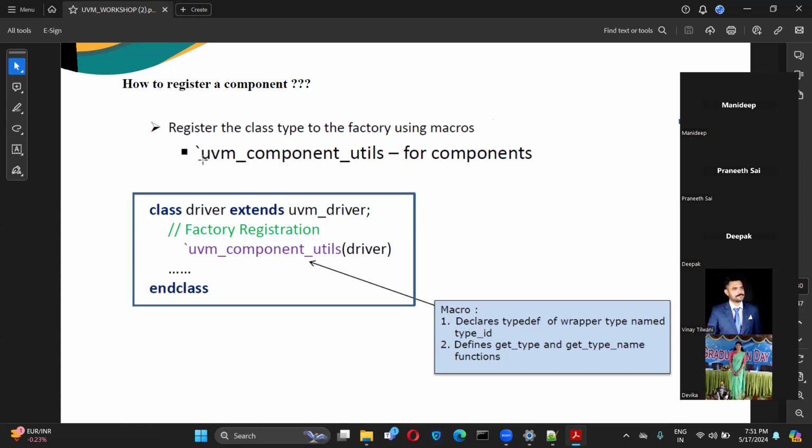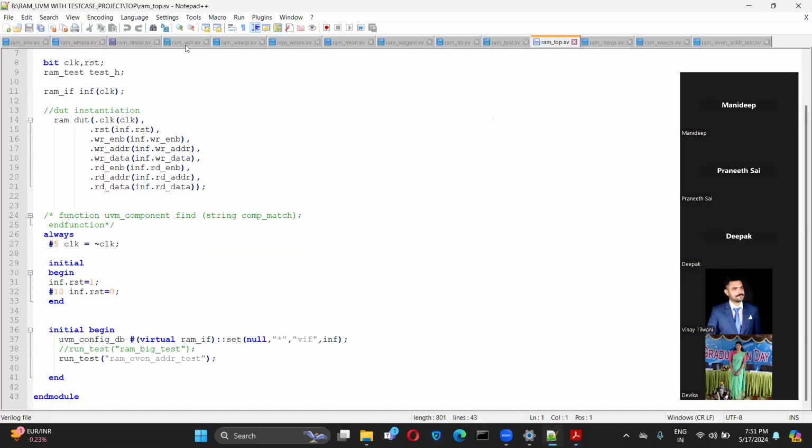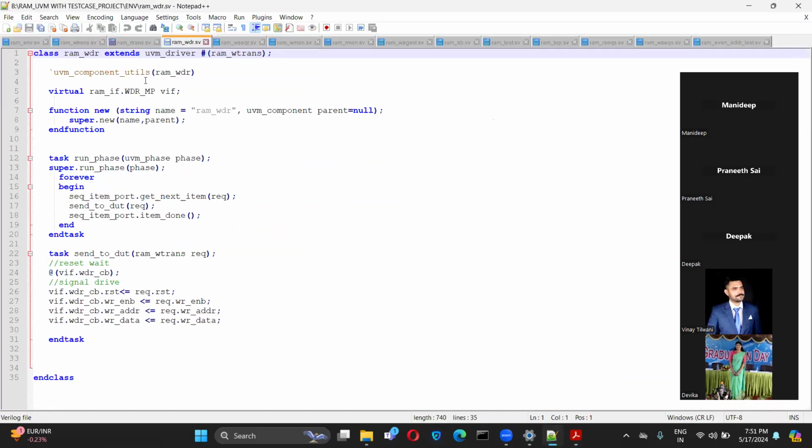If you see any of the components in that code, once the class has been inherited from its base class, the next step is UVM component utils for the components. And for an object, it is UVM object utils. So we will even see the code. If you see here, driver, UVM component utils, and the class name, whatever you take, you have to pass it over here.